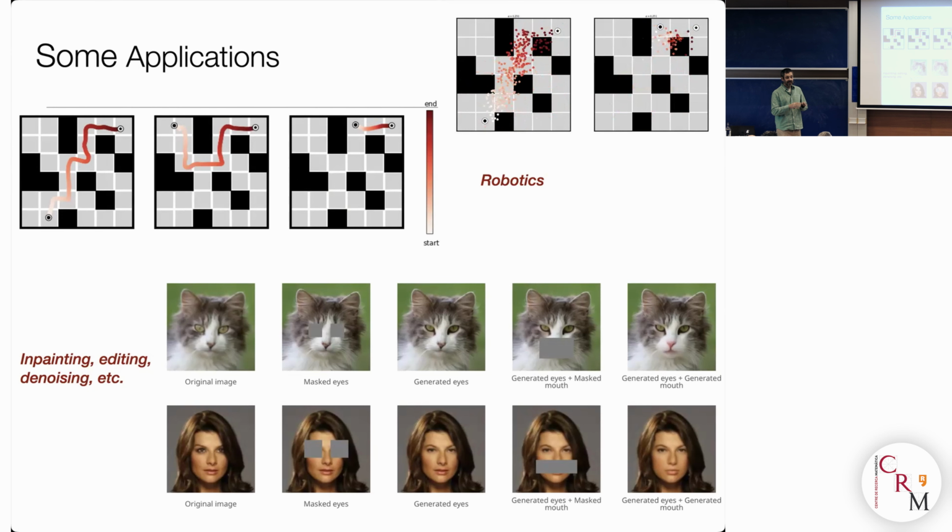Okay? And to the extent that the learning has been done perfectly, this is all done without any approximation. There is no bias that is introduced. You have learned this universal model that allows you to edit your image in the way you want a posteriori. Same thing with the cat.